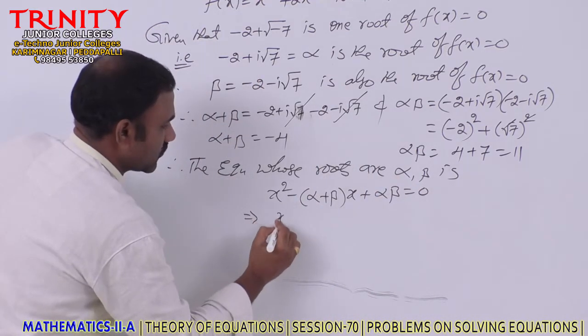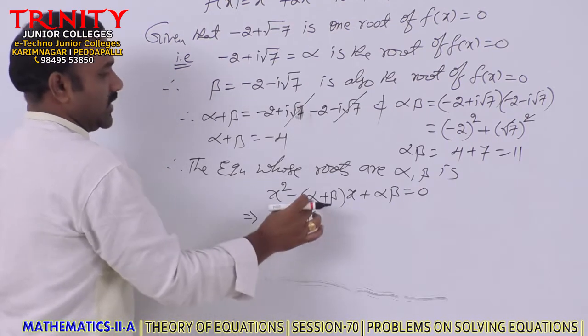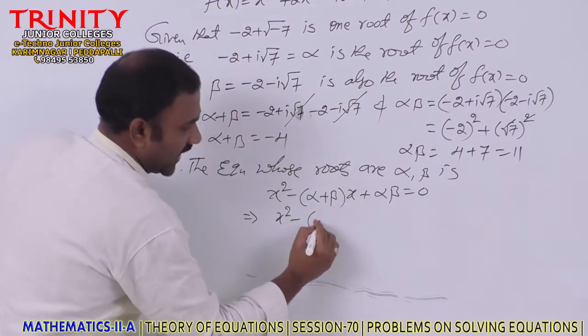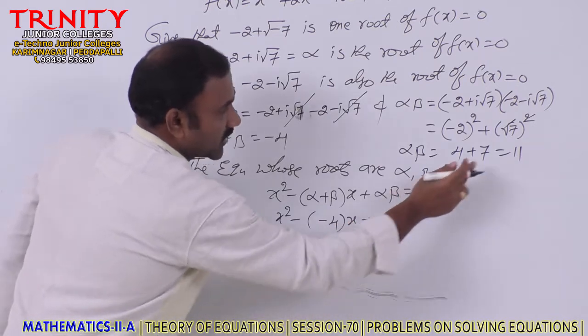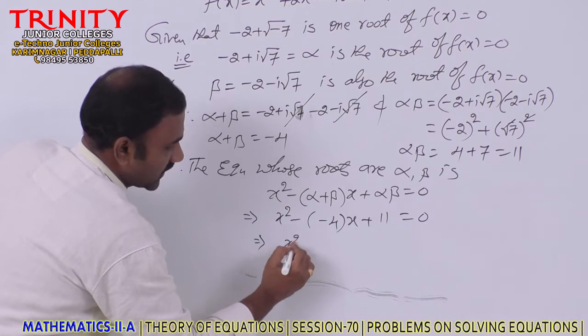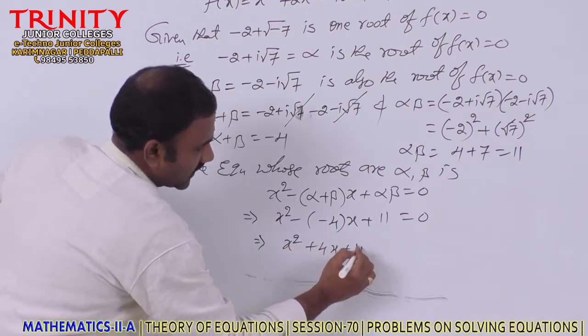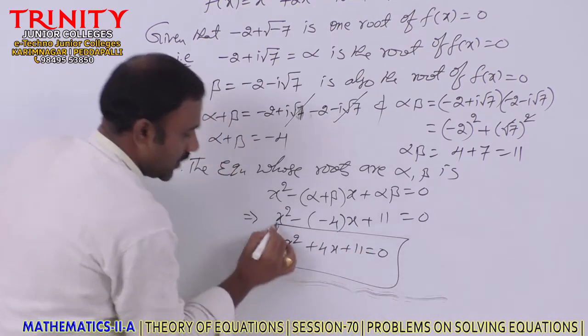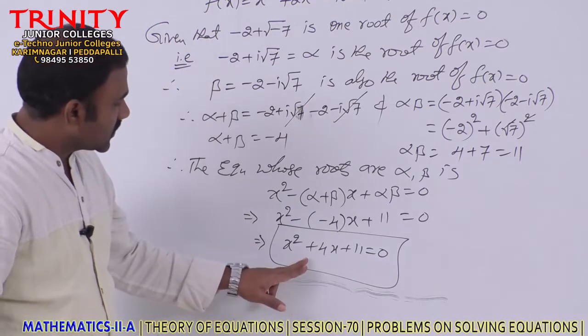Now replace their values: x square minus the sum of the roots, which we got as minus 4, into x, plus the product of the roots, which we got as 11, is equal to 0. Therefore, it is x square plus 4x plus 11 is equal to 0,